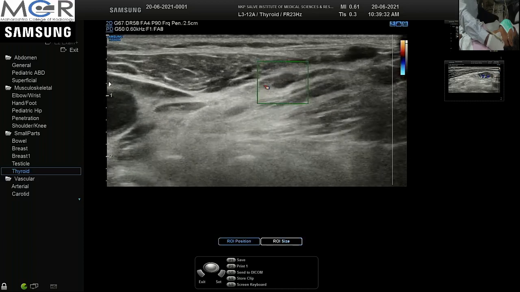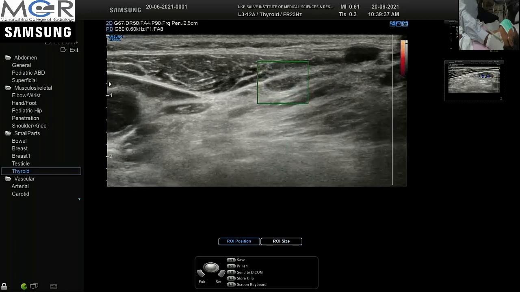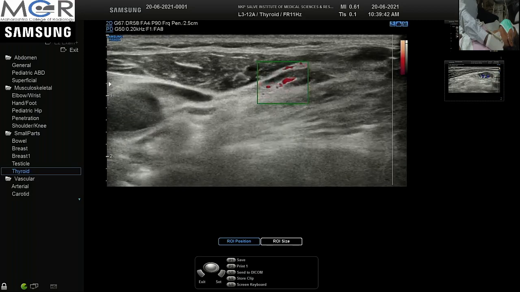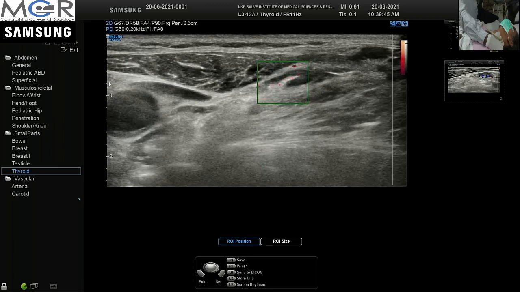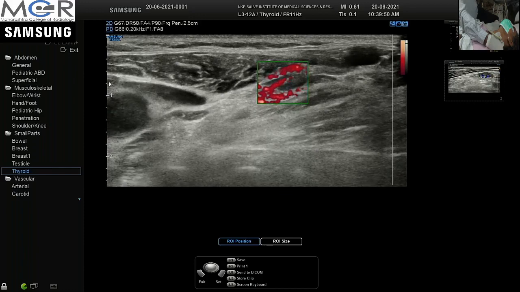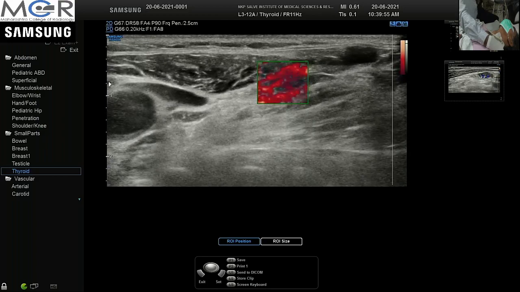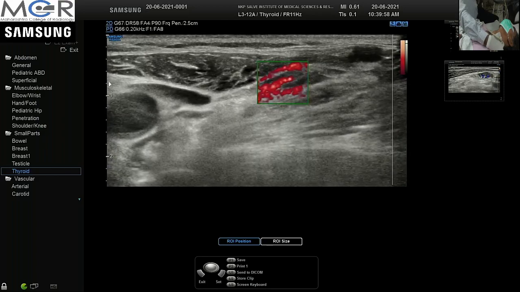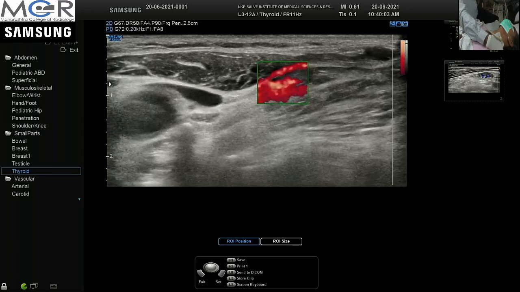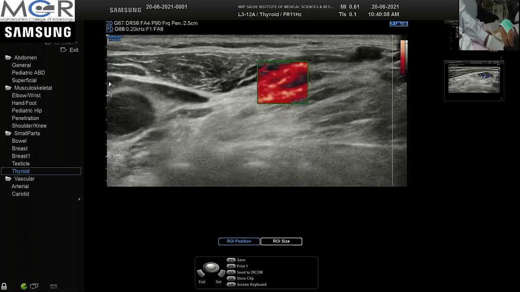We'll try to do a power Doppler here. Power Doppler can give you better, more information. You can have very slow flow detection on power Doppler. So that is the hilar artery, very nicely seen. And if you increase the color flow, you may see that this is a very small nodule. We can see these power Doppler findings in a regular lymph node very nicely. So don't be afraid of color bleed outside. Concentrate on what you want to see, that is the lymph node, and now you can make out that the hilar artery branching is there.